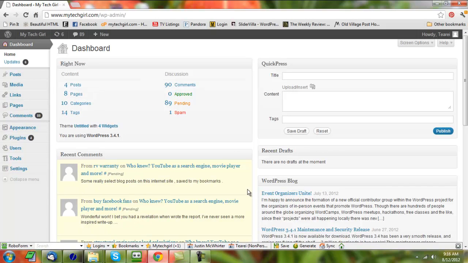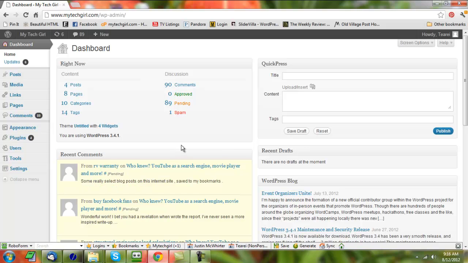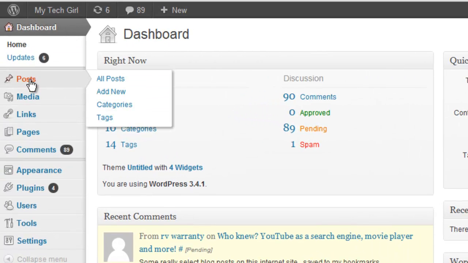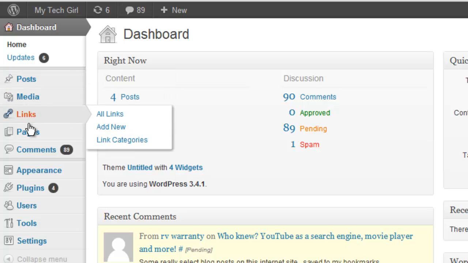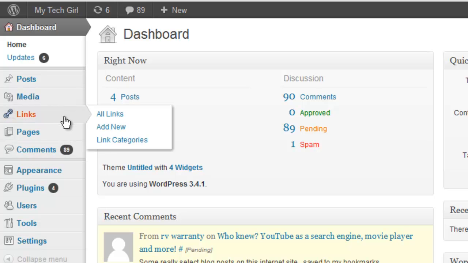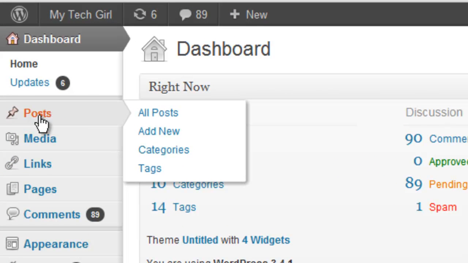And then this is what they call your dashboard, what you'll see. You may see a message screen that tells you about the new items on this version, but you can always just click dashboard and it'll go right to your dashboard. Over here on the left, you have the tags for posting, adding media, adding links, adding pages, and looking at comments. There's also some other miscellaneous tools, but for today we're just going to focus on adding a post to your blog. So you go ahead and hit post,